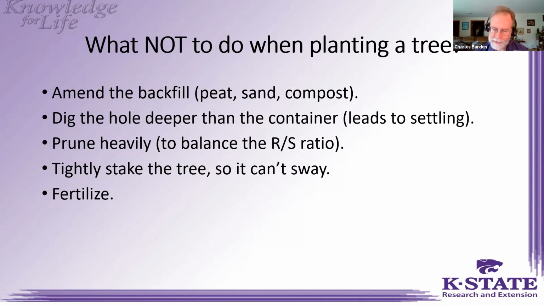When you prune back the top a lot too, trying to put it in balance, now the tree reacts. So I've got wounds at the top and the shoots. I've got damage down the root system. The phloem, the sugar, the growth regulators are all sent in these little tubes, these little xylem and phloem tubes. You can only send fluid one way in a tube at a time. Either it's going down to the root system to increase root growth or up to the top to increase top growth. You can't send things two directions at once in the same tube. So don't prune it heavily at time of planting. If there's some broken branches, of course, remove those, but don't prune heavily just to try to balance the root shoot ratio.